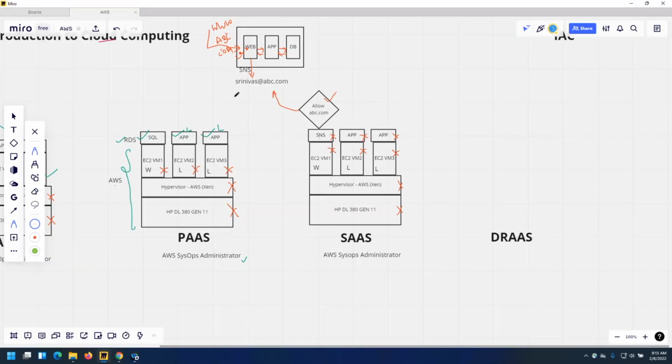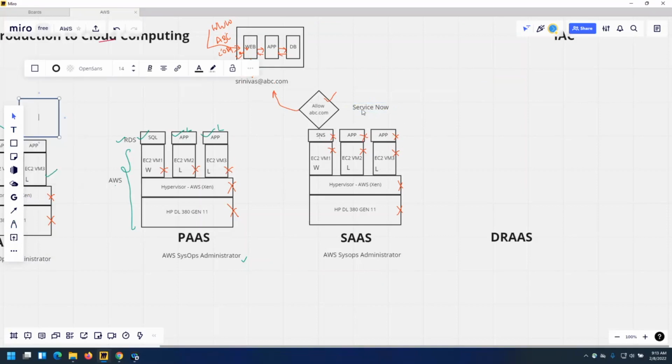Right? That is where your SaaS model will come. Another example, your ServiceNow ticketing tool. If you have worked on any customer environment, you will see ServiceNow as a major ticketing tool for all your ticket management within the customer place.